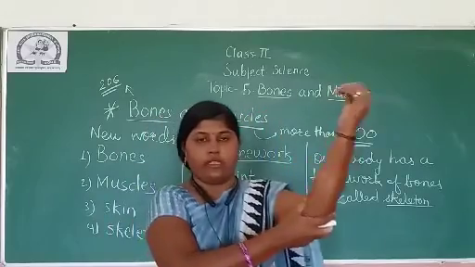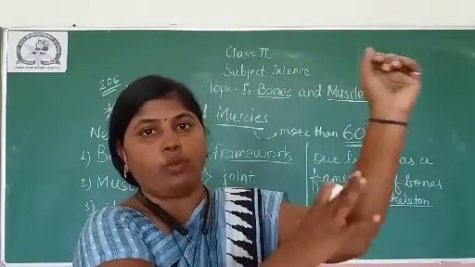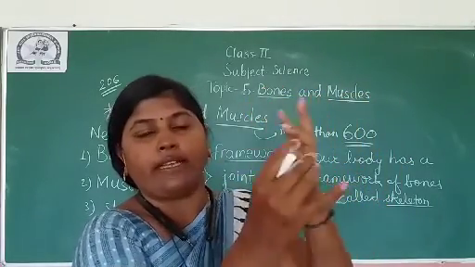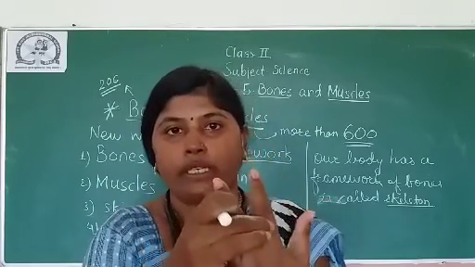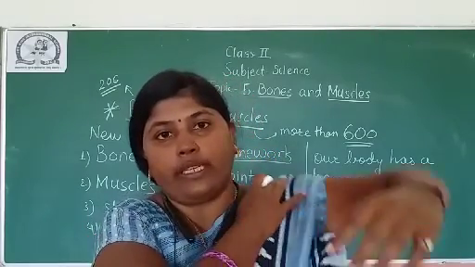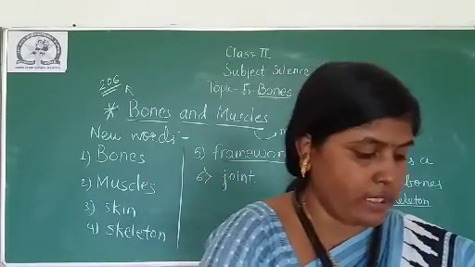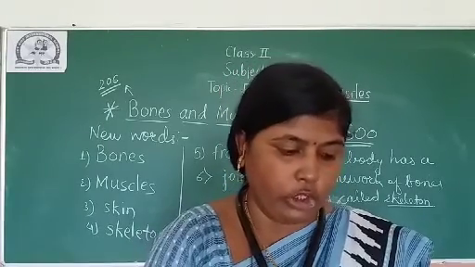Okay, so now here is one bone and here is another bone, and these two bones meet here, so this is a joint. Again, this is a joint. Again, these are the small joints. These are the different joints. So see, the place where two bones meet is called a joint.